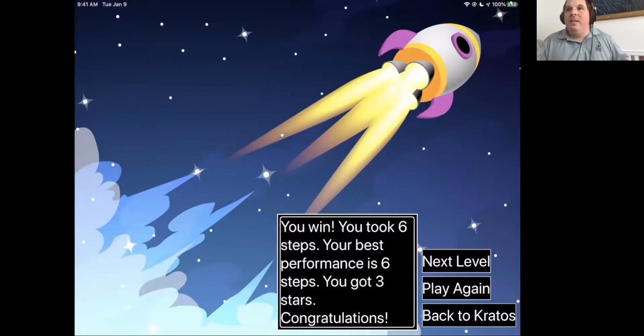You got 3 stars. So this is a really fun game to teach sequencing and also spatial awareness. And the other thing that's really neat, being totally blind myself, I didn't actually explain that in the beginning. I'm playing on an iPad mini right now. But in my testing I also played with an iPad Pro 12.9 screen size.